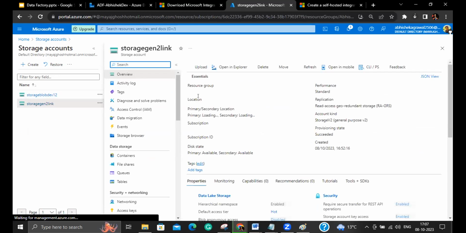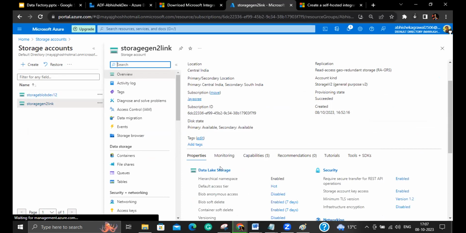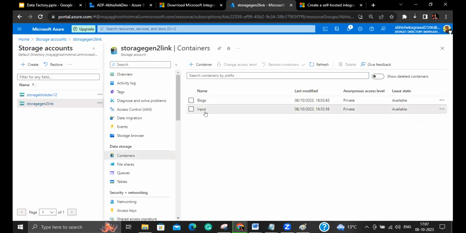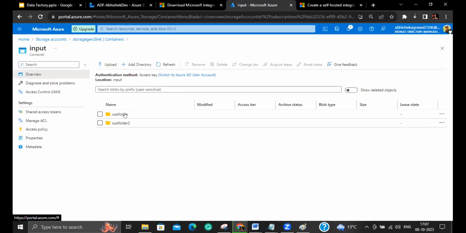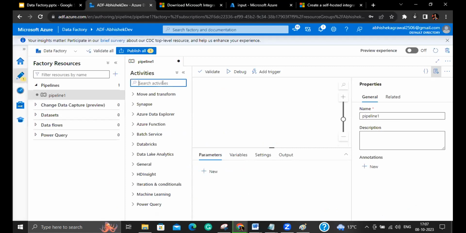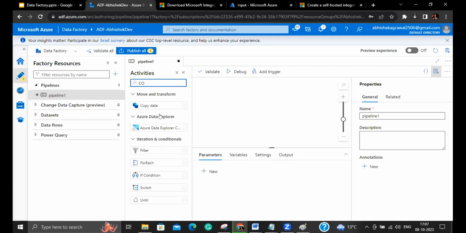Similarly, you can move the data from your on-premise server as well once you have it. Okay, you can try doing it. I am showing you how to move the data from the blob service to data lake Gen 2. Simple copy activity we do. We will move the data to the subfolder, for example. So here I will paste a copy data activity,